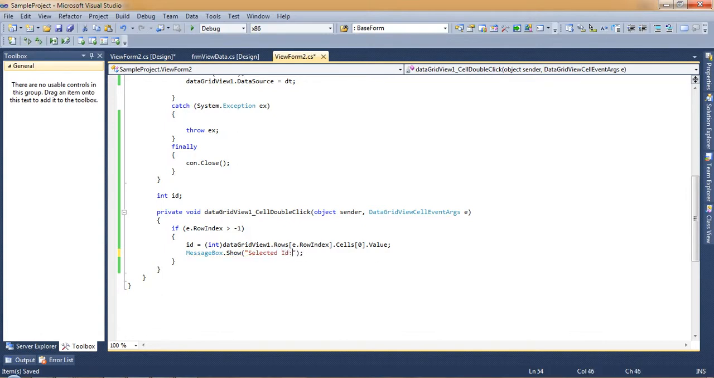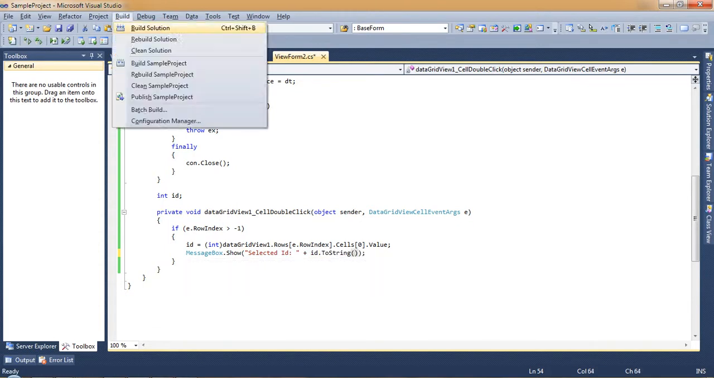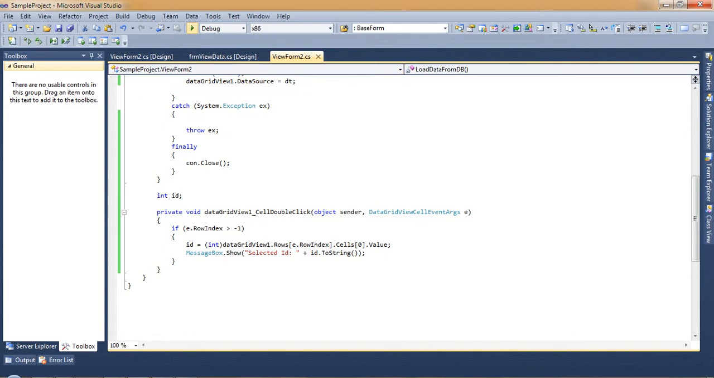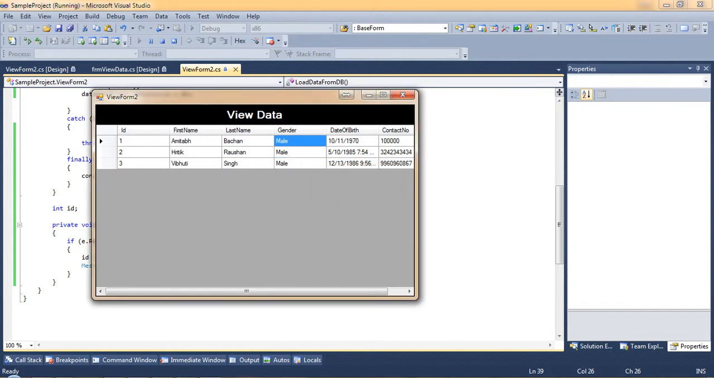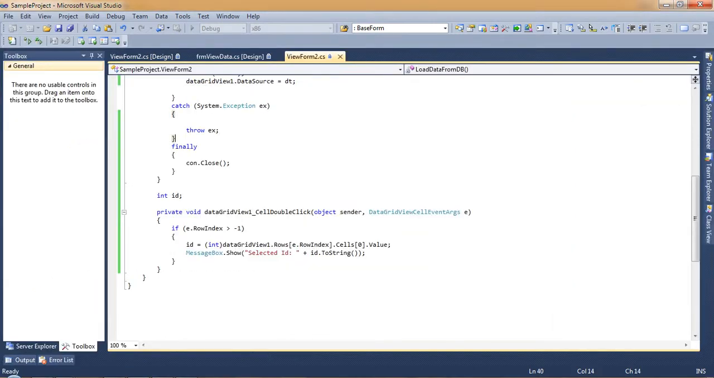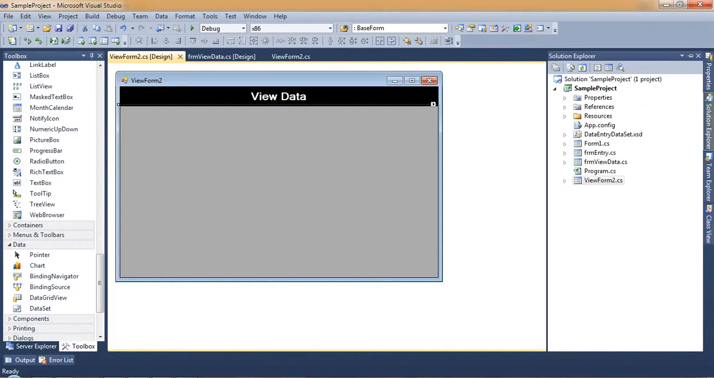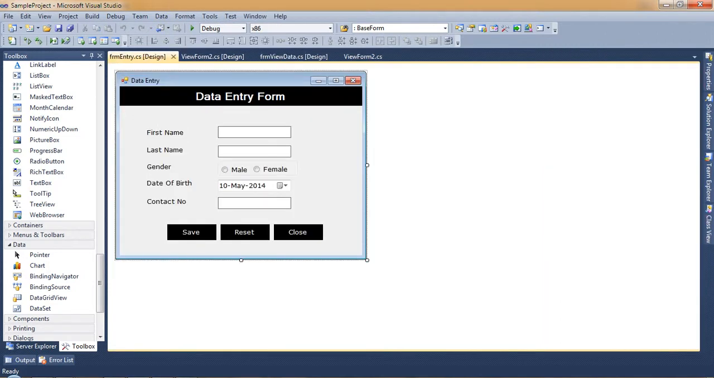Selected id plus id. Now we'll run this application. We'll select anywhere. Selected id is 3 2 1. So here I will perform a delete operation. How we will do that is that I will pass this information to this entry form which we have already created, and on the basis of that we'll load the record